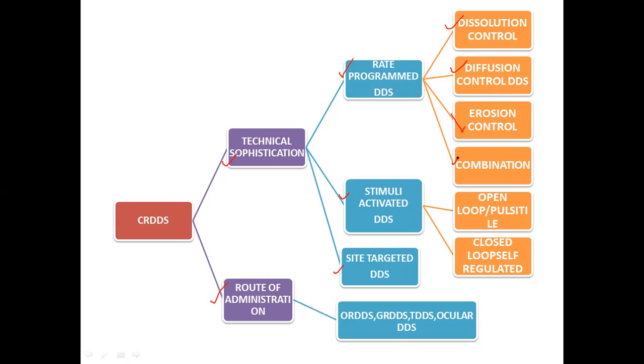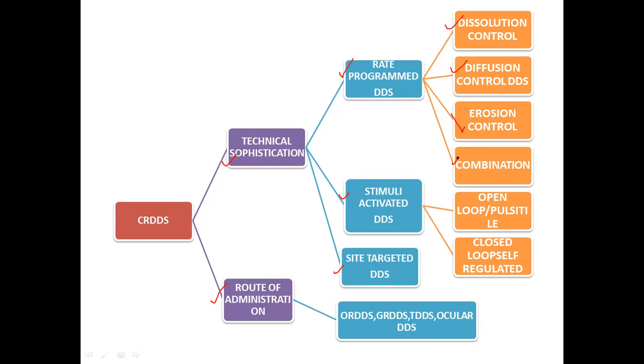So these combination systems are those systems where the rate of drug release is controlled by drug or polymer dissolution, drug diffusion, and polymer erosion. So either it is a combination of two or a combination of the three systems, which we have discussed. We'll discuss in detail the dissolution control and diffusion control throughout the topic, but for the remaining part, I will just end this here and discuss what we are going to discuss now in a stimuli